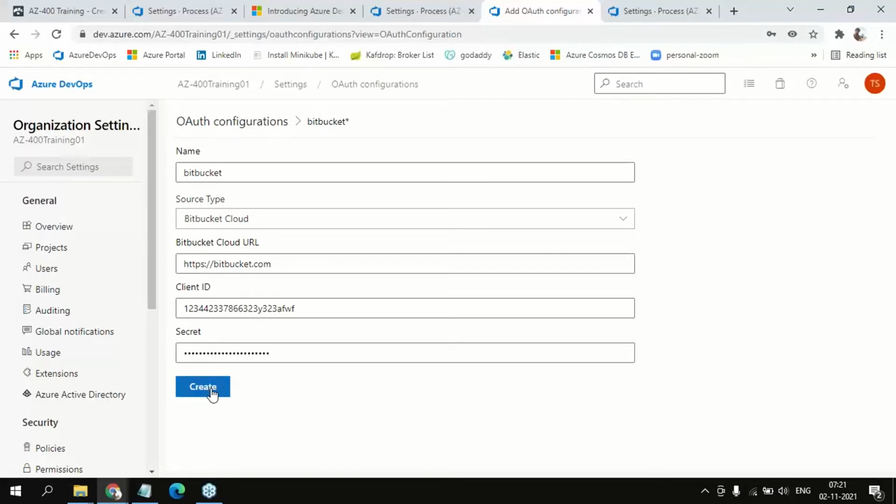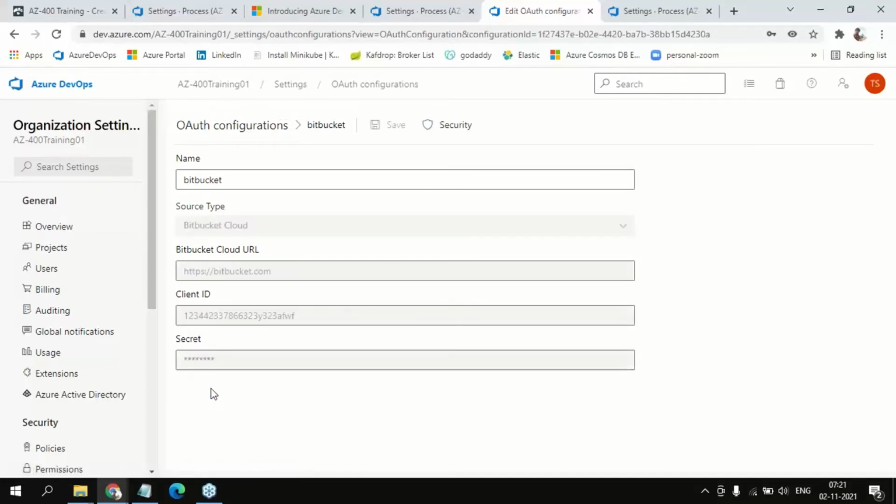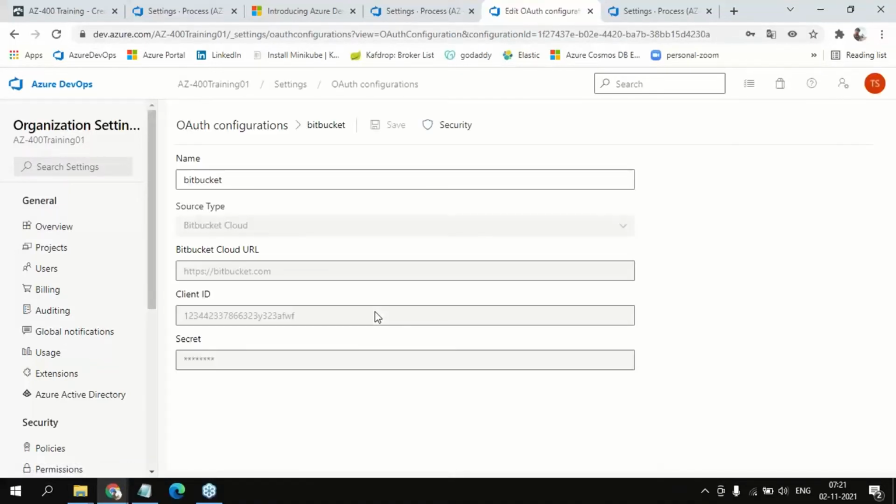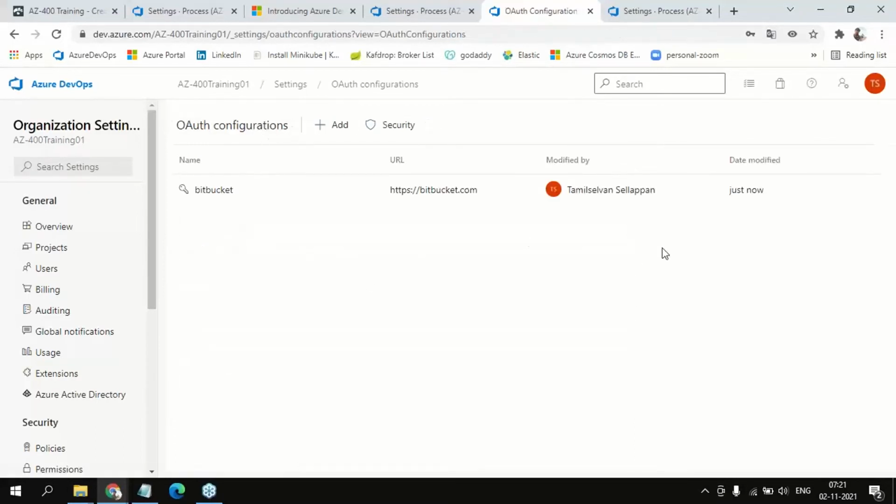See, I have created it here. But whenever, from Azure pipelines,